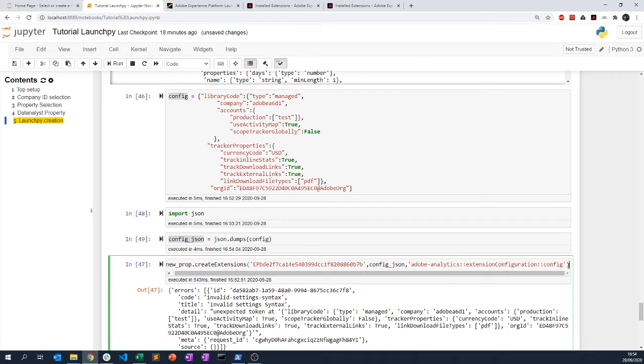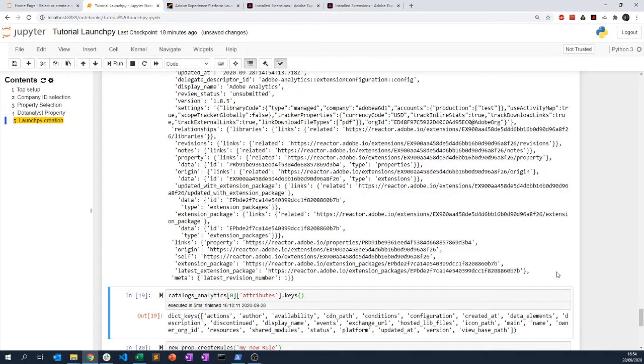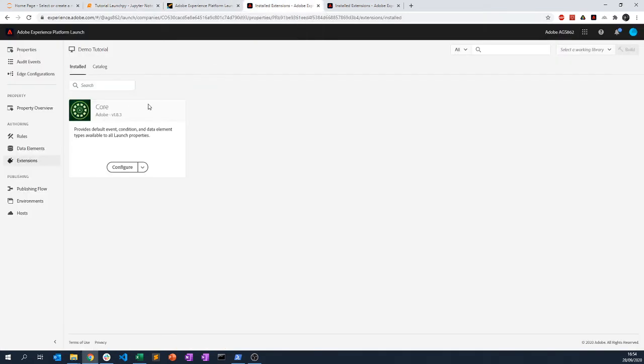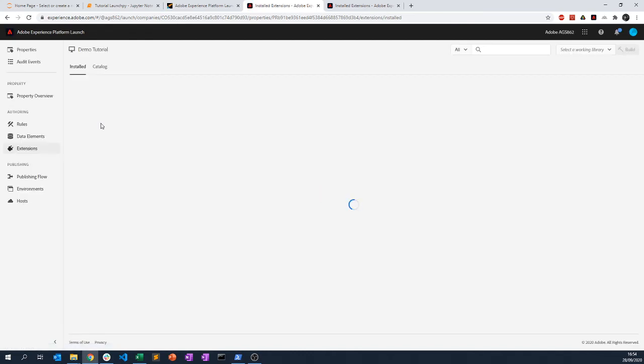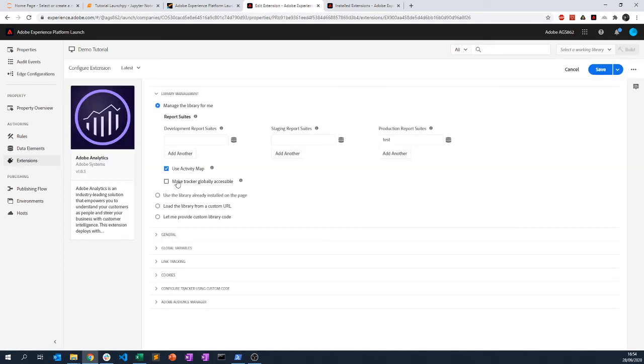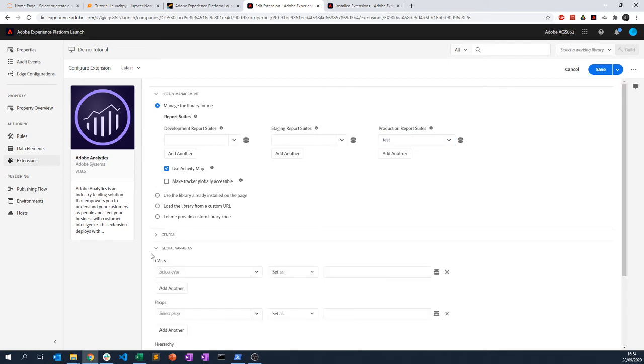you can now use that, and normally you see that everything has been created. I have new elements that have been created, and if I look at my installation now, I have my Adobe Analytics extension that has been installed here. And if I go in my configuration, I see that the test is the production library, and nothing has been